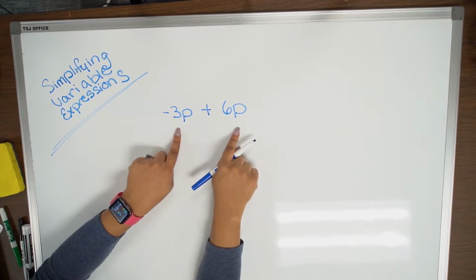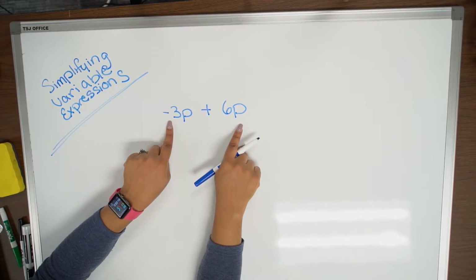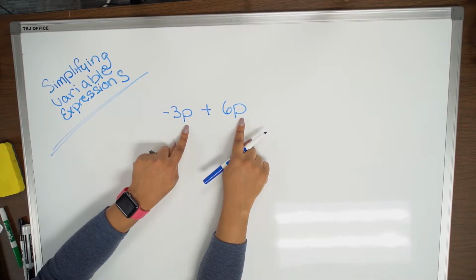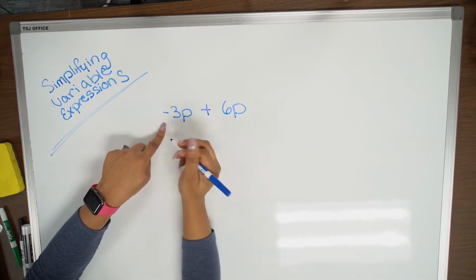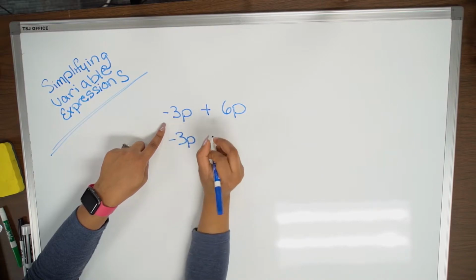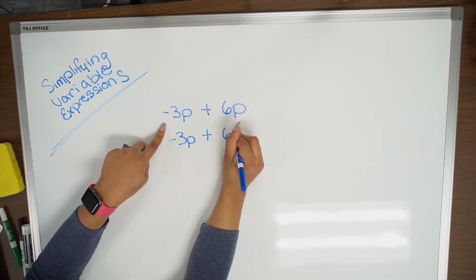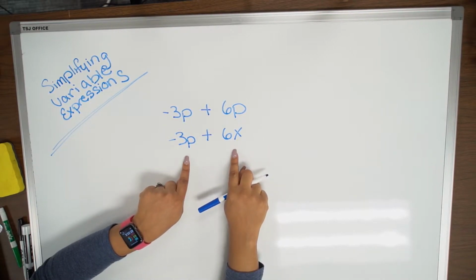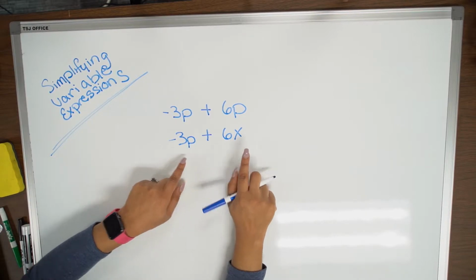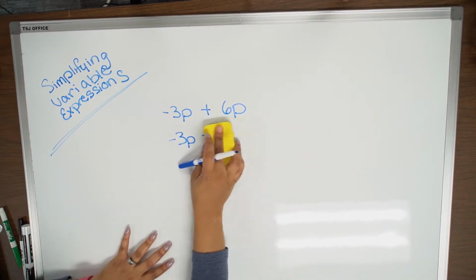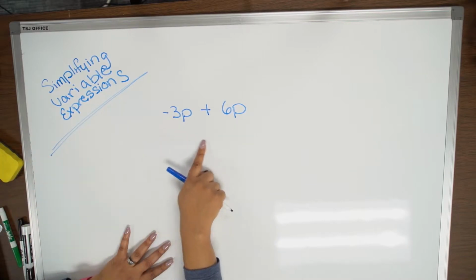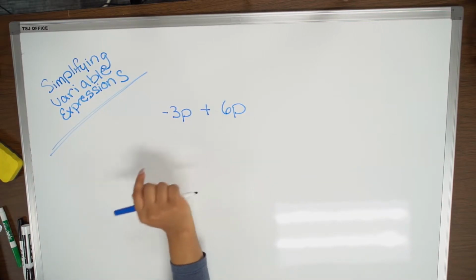So when we're simplifying, we can combine these because the variables are the same. Now, if this was negative 3p plus 6x, we could not combine these because the variables are different. You see that? So, since these are the same variable, we can